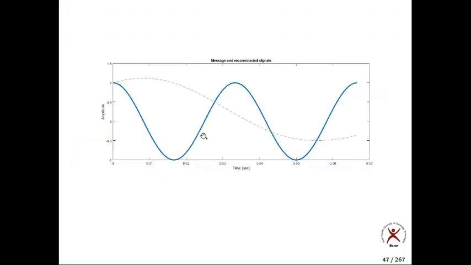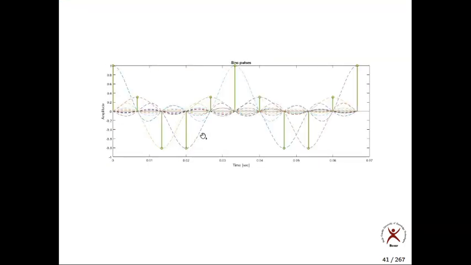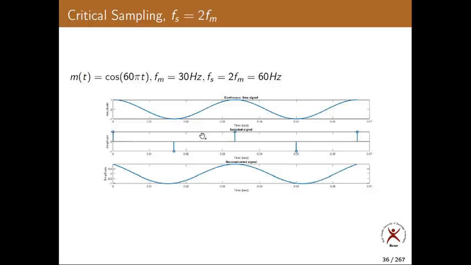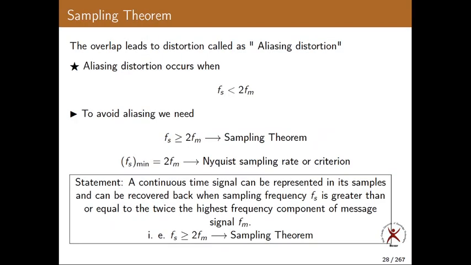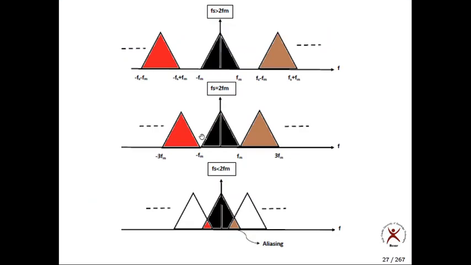So I told you already, if it is sampled with Nyquist rate, what is Nyquist rate? That is the minimum sampling rate. How much is that? 2 FM. Okay. So if it is sampled with Nyquist rate, what happens? There won't be any gap between the copies of the spectrums. So how to recover this? You need an ideal band pass filter with a bandwidth that is exactly equal to your message bandwidth.